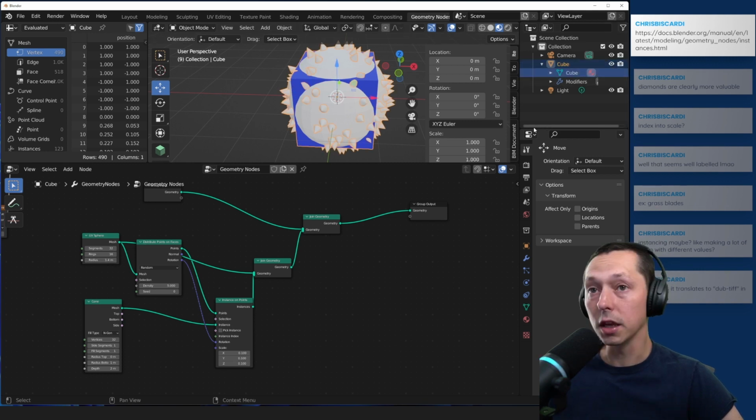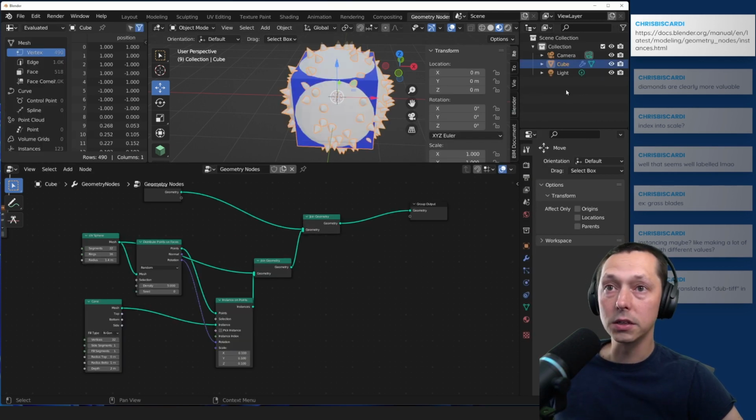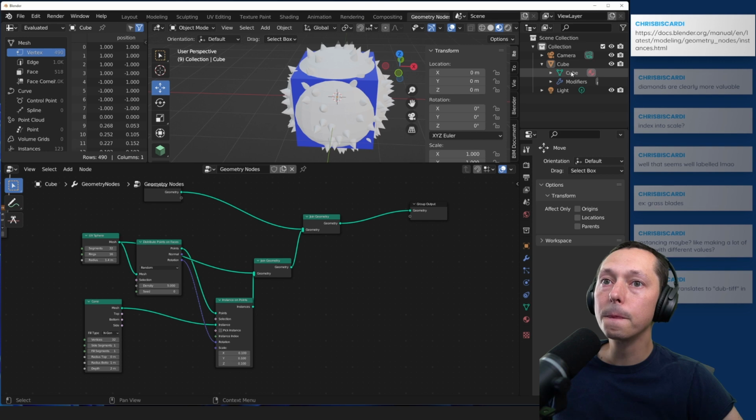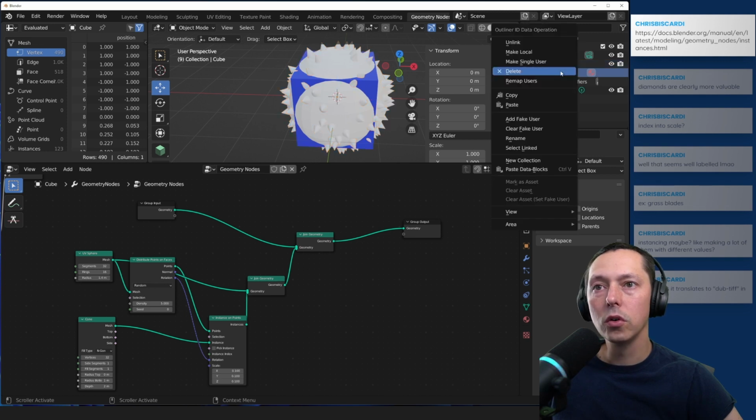So like I think we could do even something where we remove the cube. No, that takes out the whole thing. So if we don't want